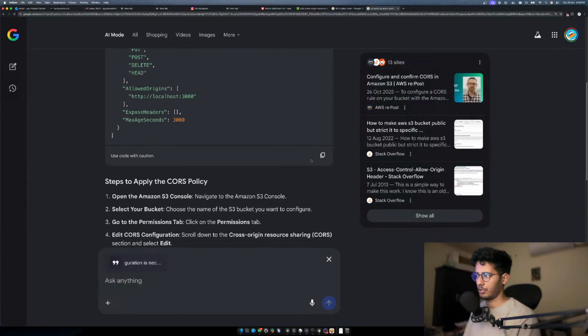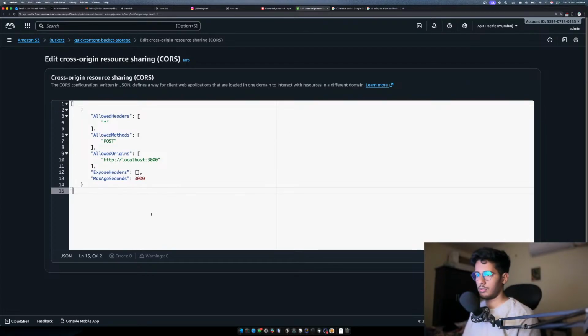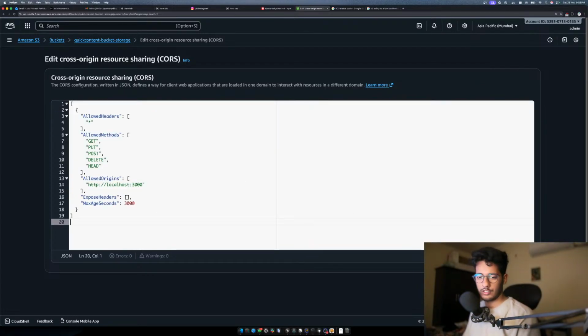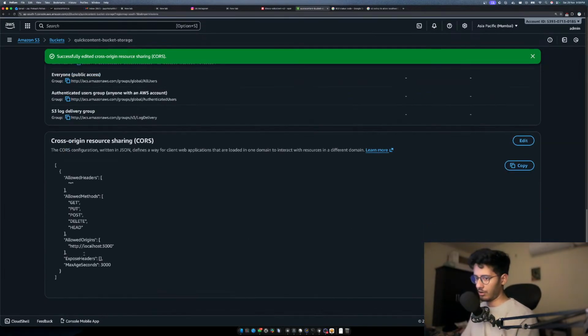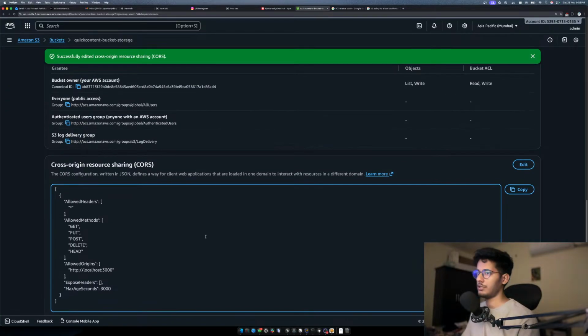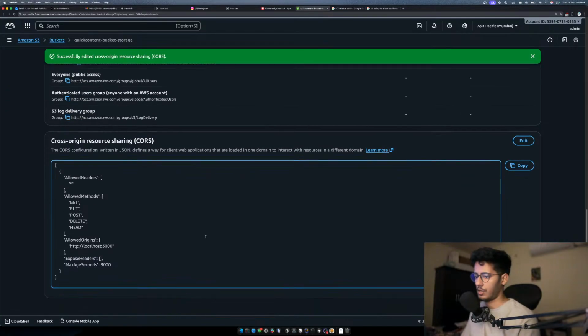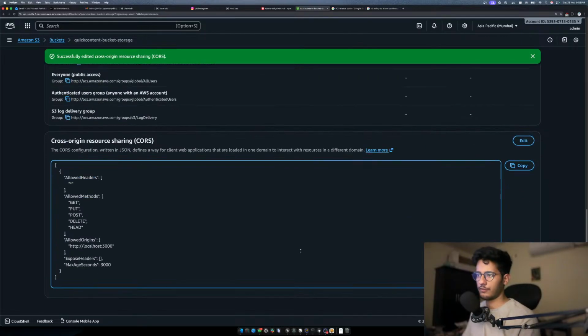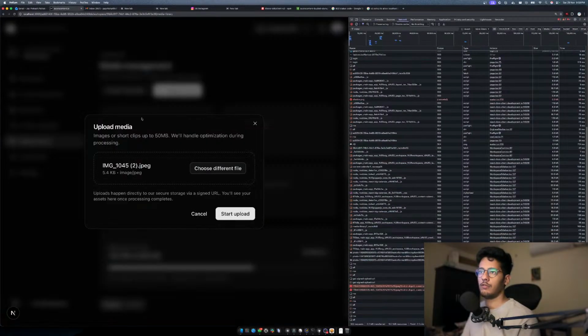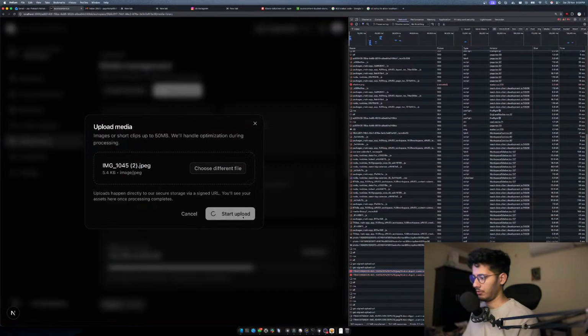Yeah, let's copy this. Guys, never paste unknown configurations in your S3 configuration. I'm doing this because this is just a test account. In production, we'll have this very much secure. All the allowed domains will be our internal domains. So don't do what I'm doing on production. This looks fine. If I go here, if I say upload,